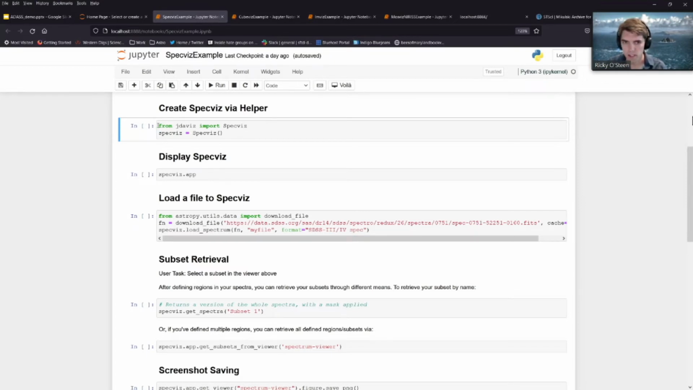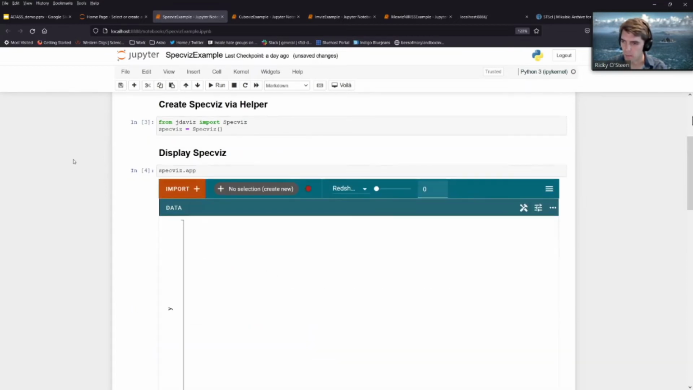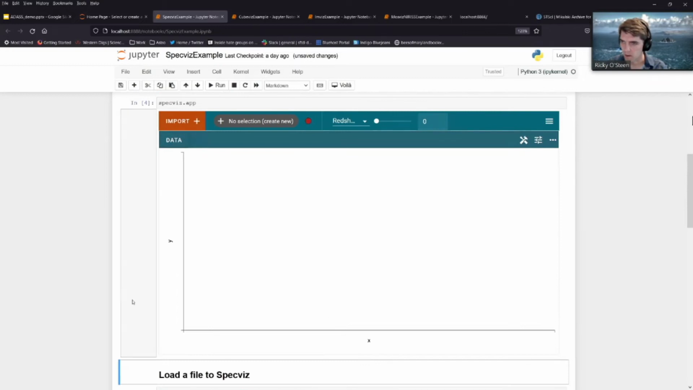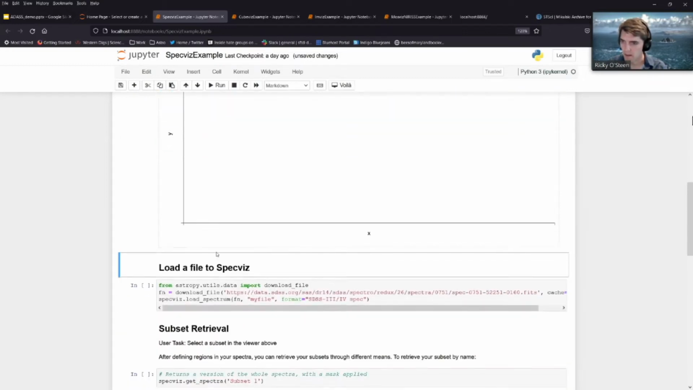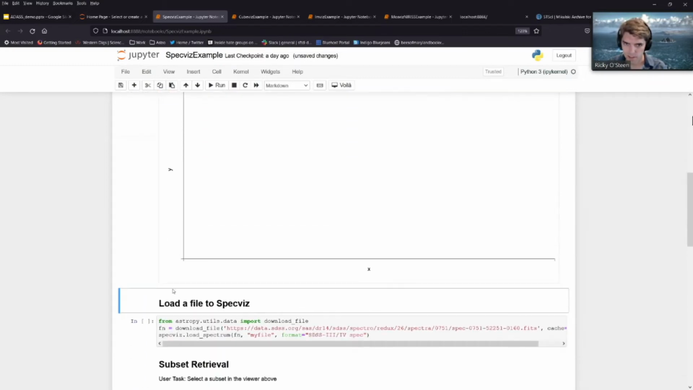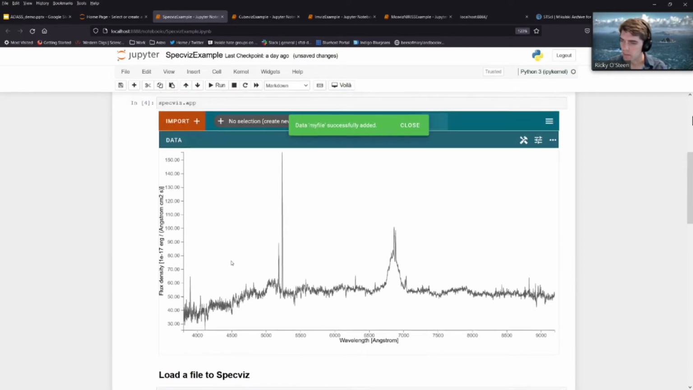So to initialize the application, first I just import SpecViz, my SpecViz helper from Jdaviz, and I initialize an instance of that class. And then by calling specviz.app, you will see an application now appears in my notebook. It is empty right now, which is not very interesting. So here I'm just going to grab an SDSS spectrum and use specviz.load_spectrum,